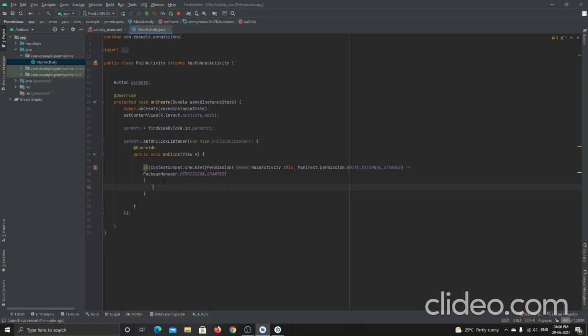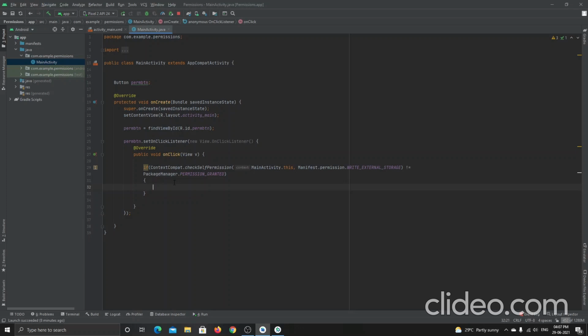But after going inside this if loop, what I want to do is ask the user for the permission to write or read the external storage. How can we do it?